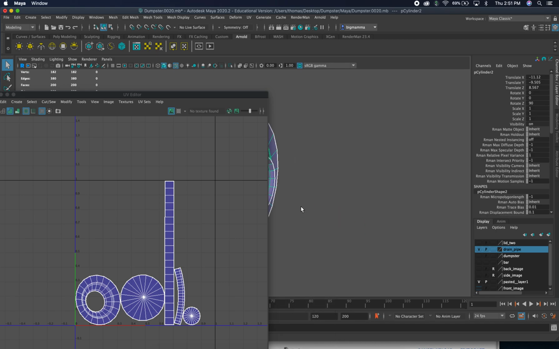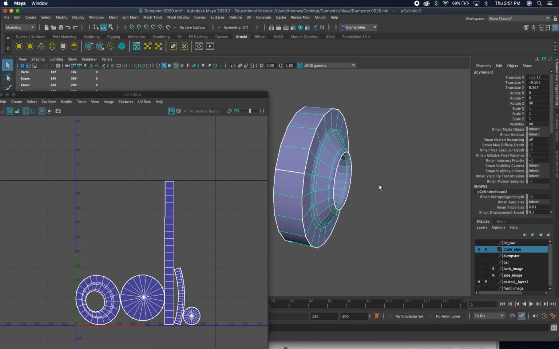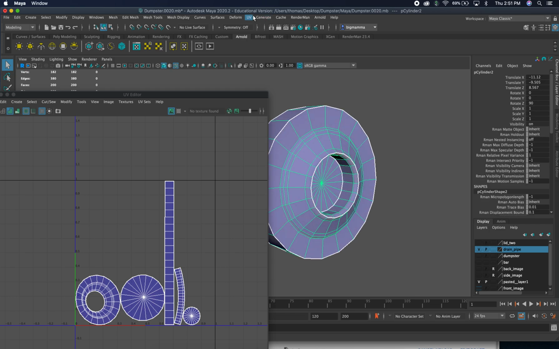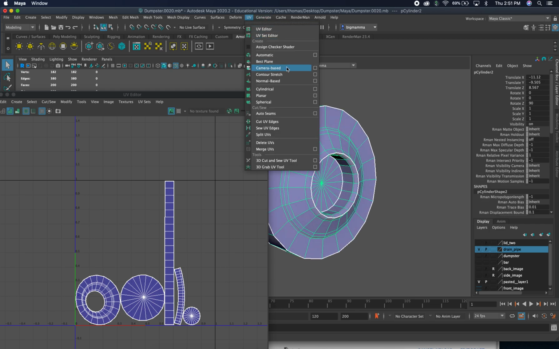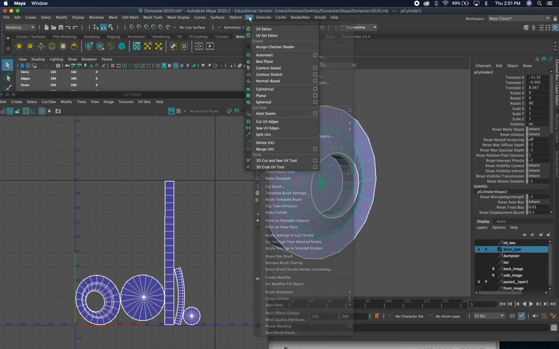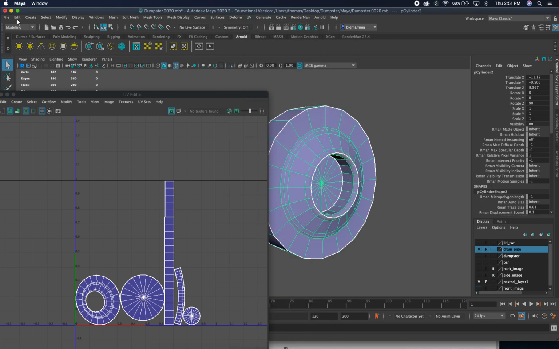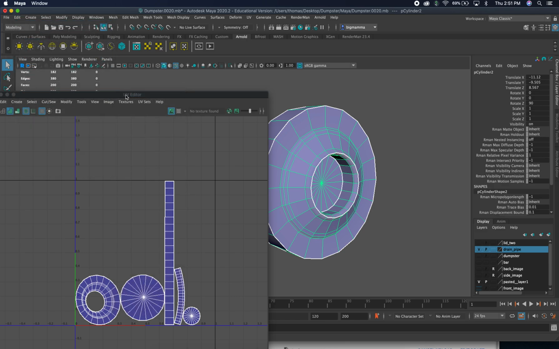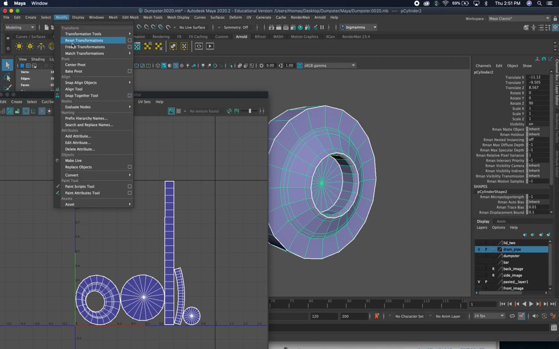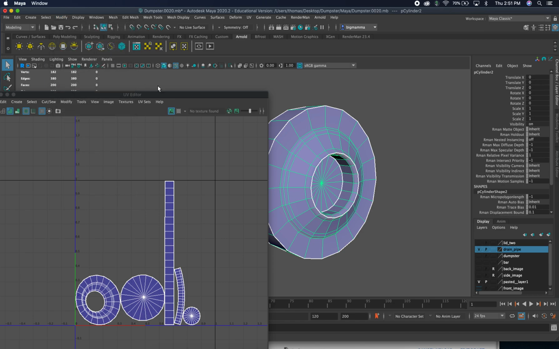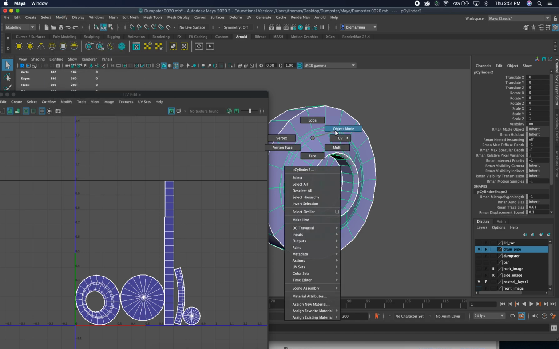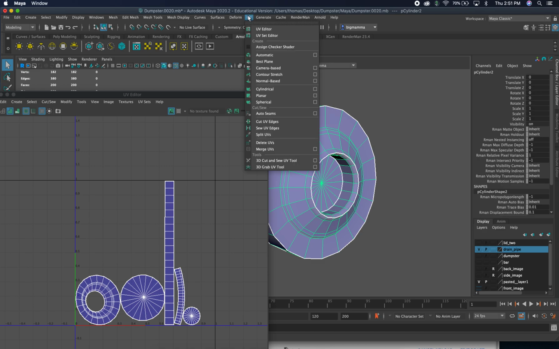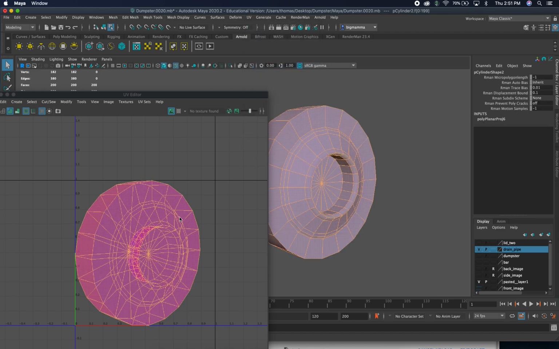Just hit F, zoom in, and that'll zoom it in. One of the things I need to do is edit, delete by type, history. All right, and the next thing I need to do is freeze transformation. So sometimes this stuff gets a little wonky unless you freeze transformation. And I'm gonna go object, and I'm gonna go ahead and shoot it down with the camera base,